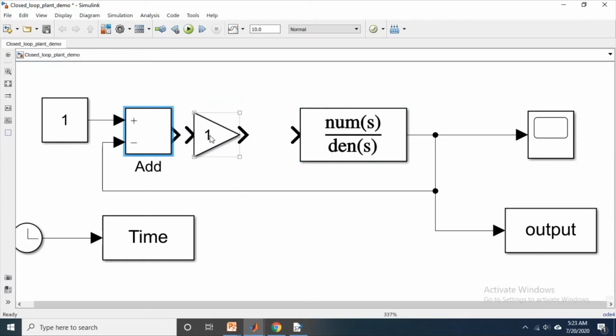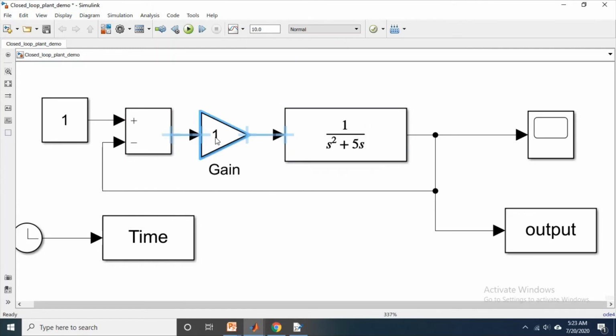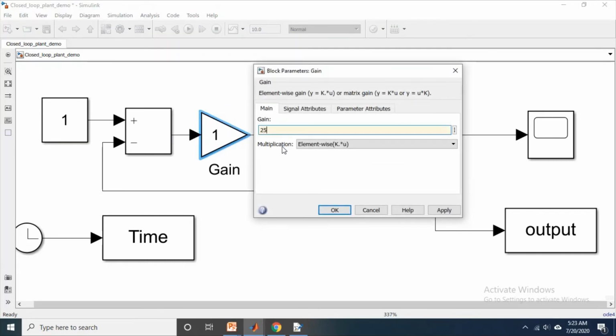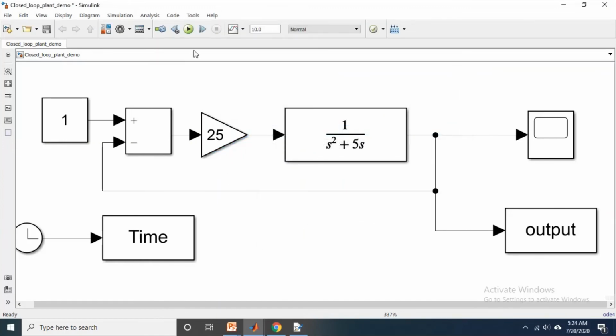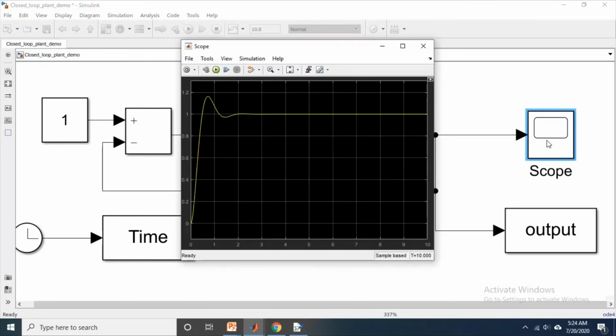So if you track this, it will look like this. Now since I want the gain 25, if I run it, I will see what is going to happen. You can see the output here as well. Now you can see you are getting a smoother one. However, as you can see from the earlier plot, the peak overshoot is around 16.3 percent, but this is fine.